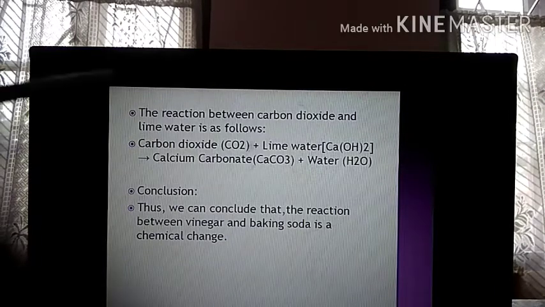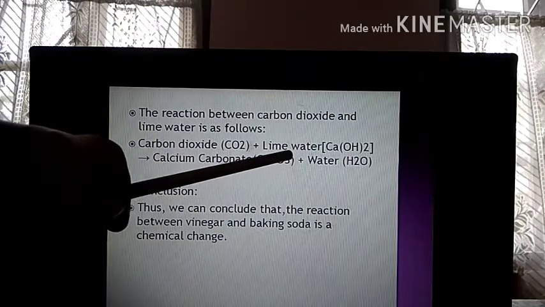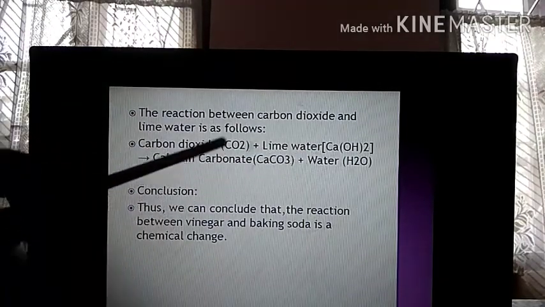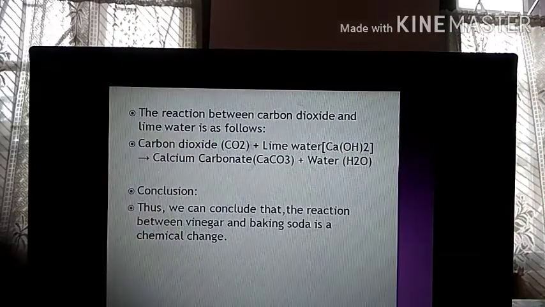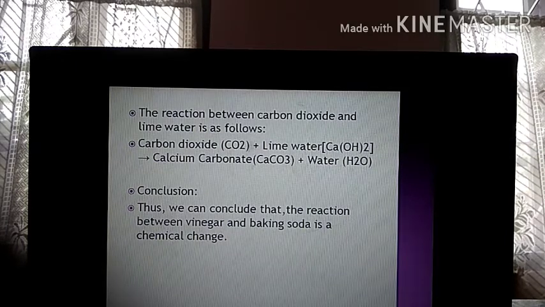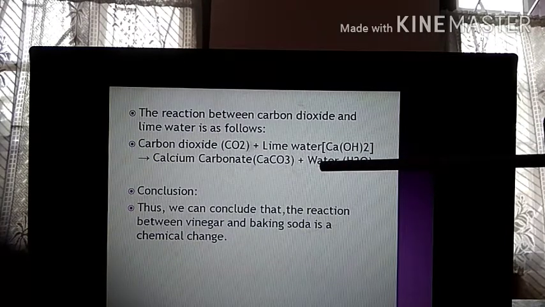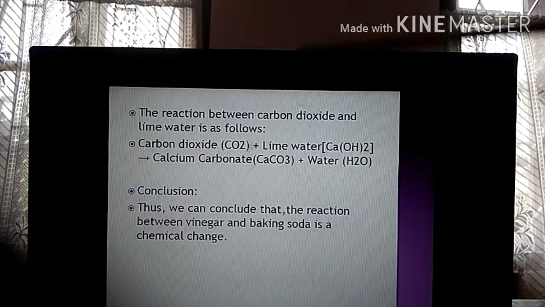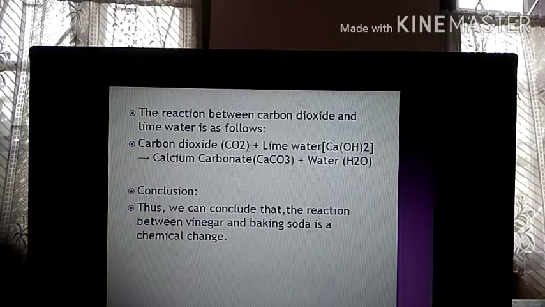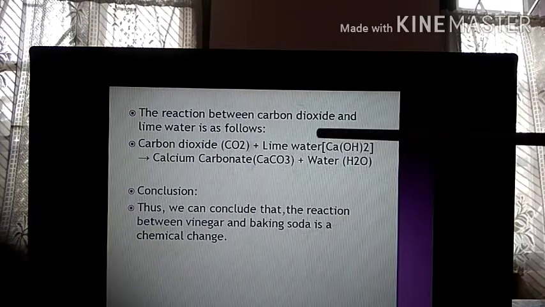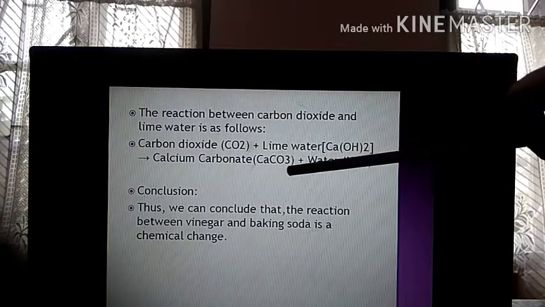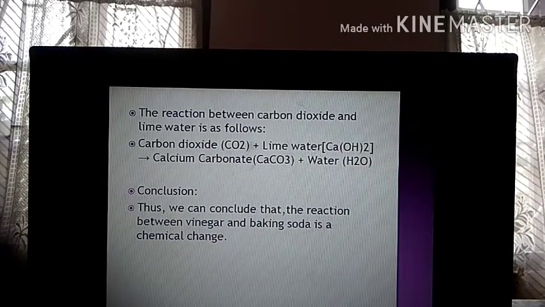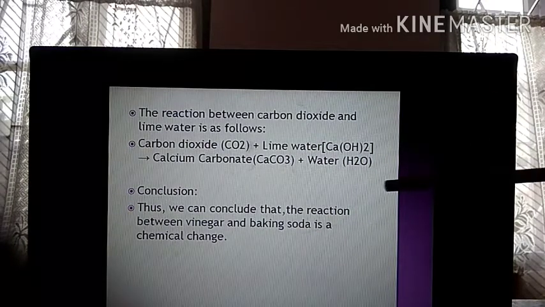Now this carbon dioxide gas, when you pass it in lime water, which is calcium hydroxide, as I told you. Since the OH group is there, what should it be? Definitely it is a base, because there you have the OH group. Magnesium hydroxide also, if you remember, was Mg(OH)2. So whenever this OH group is there, it definitely has to be a base. So carbon dioxide plus lime water, what do you get? Calcium carbonate. Because this calcium carbonate is formed, that is why the lime water turns milky. And you get water.